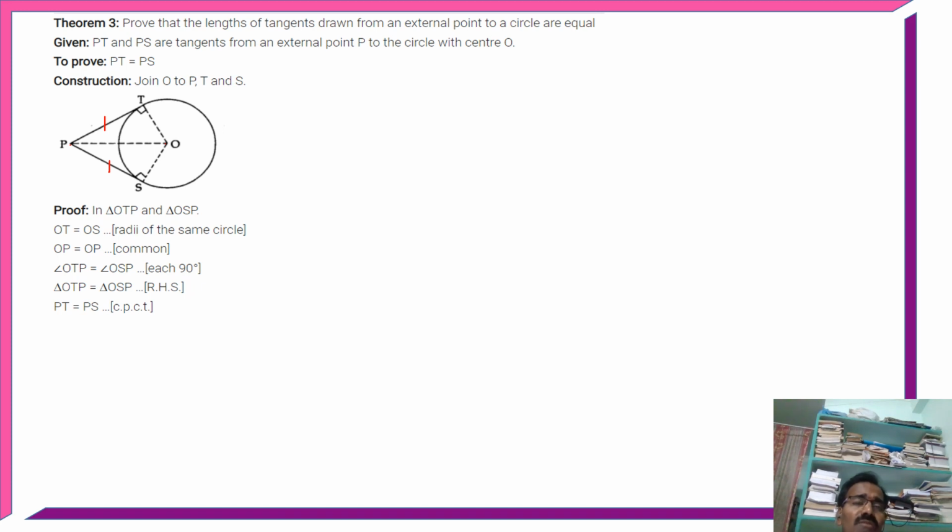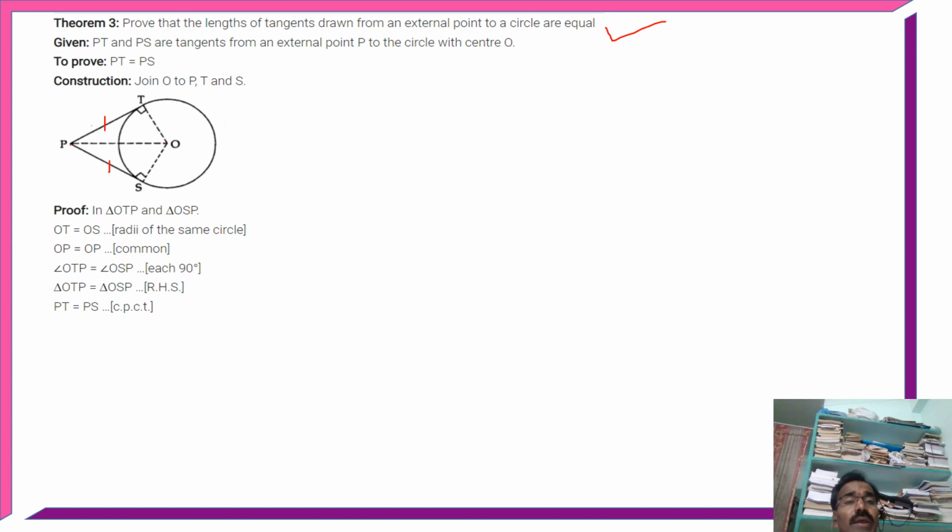Now we are about to prove PT equals PS. That means the lengths of tangents drawn from the external point P are equal. To prove this, we have a construction: join OP. After joining OP, students,